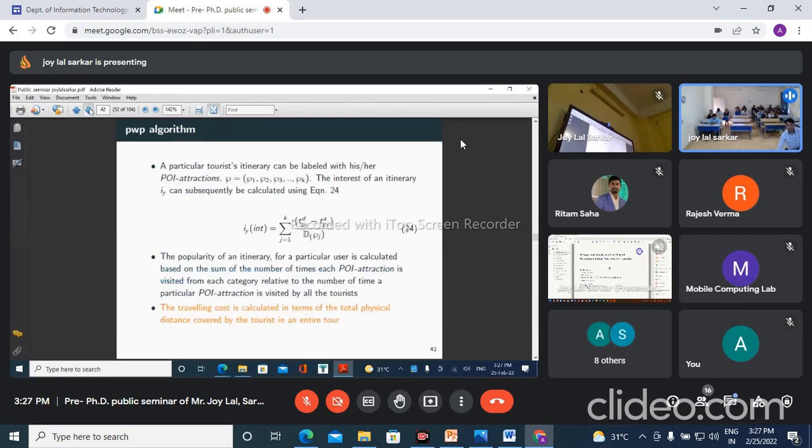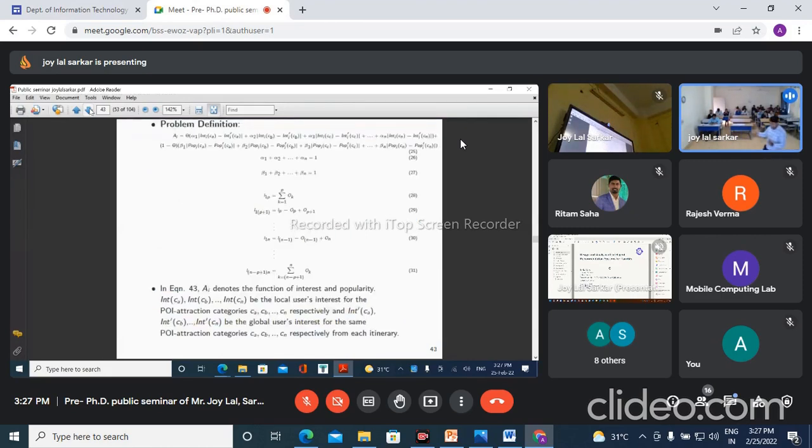After that, you can see our problem definition is totally changed here. A lot of places are there inside. Interest here is my local user interest. Suppose I am from Tripura and I have some interest in temples. Our system can recommend Puri because it matches my temple interest with the Puri temple. If I recommended a restaurant for my temple interest, that would not be possible, so that's not a match.